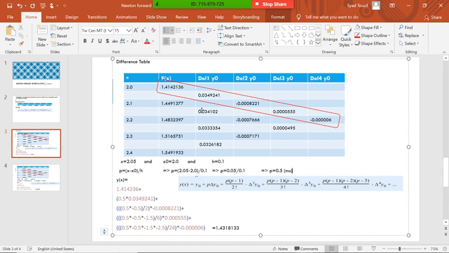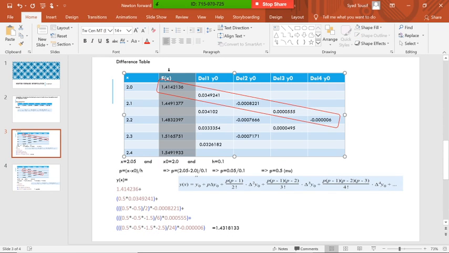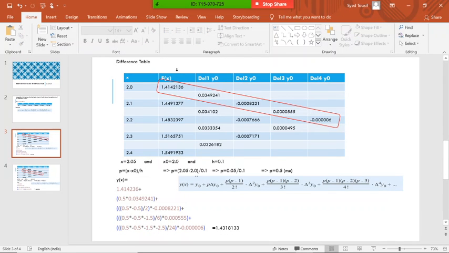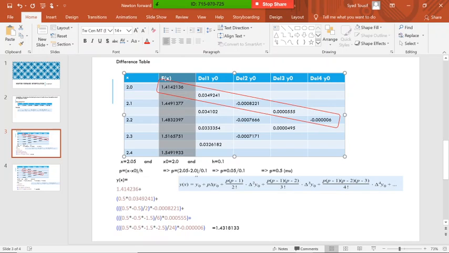After calculating this, we will go to calculate the difference table. First we will calculate this matrix. We'll put these values in one matrix, and we will extract the required diagonal value into one resultant matrix. After calculating this matrix we will calculate the delta value using this matrix.